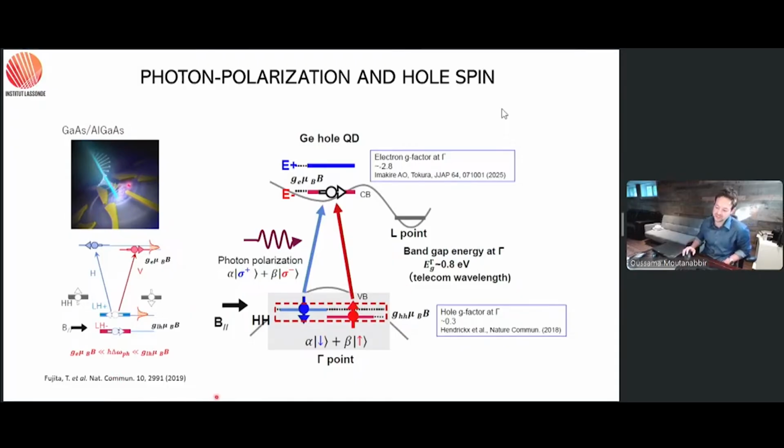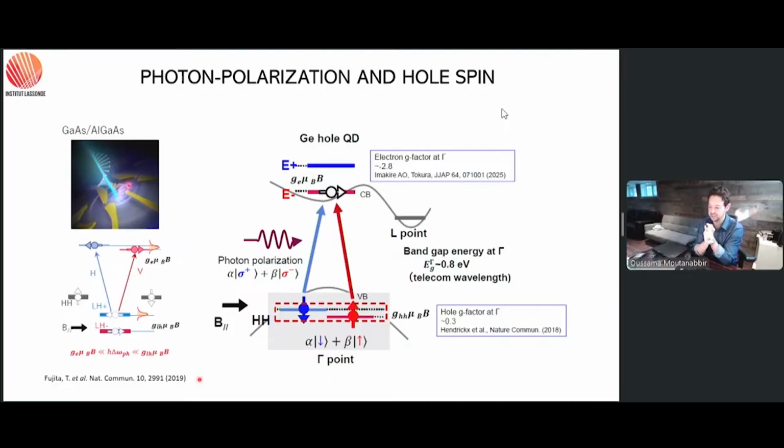The problem with this, and if you remember the first picture I showed you, the first spin qubit was actually in III-V. The problem with III-V is that all elements have nuclear spin, which means that the hyperfine interaction will limit the coherence. So this is the broad context of what we want to do. We want to have group IV heterostructures. We need to remove nuclear spin, and we need to design heterostructures that will allow us to strongly couple optical